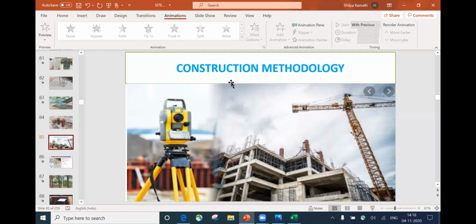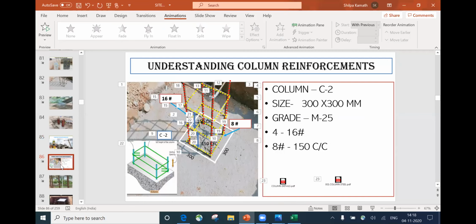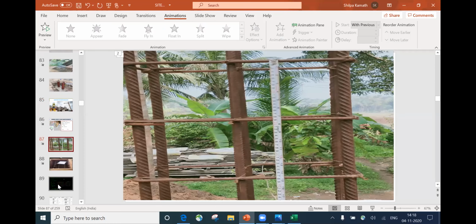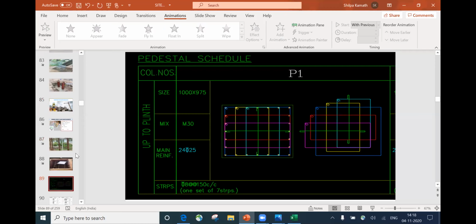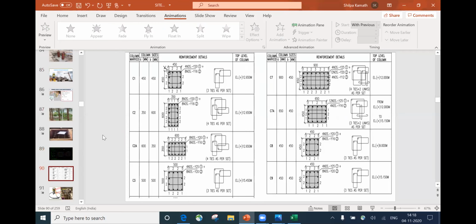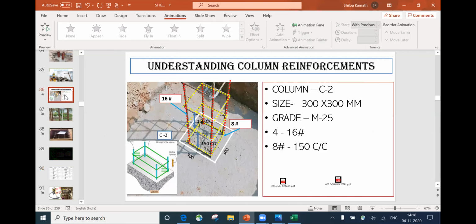So in today's video, we'll try to understand how a column reinforcement looks, how we have to read the column reinforcement. We'll try to see two, three practical drawings, and we'll try to understand how we are going to read the reinforcement drawing. Then we'll see the different ways of giving the column dimensions and reading the column reinforcement, and then finally we'll see another example or another drawing, and understand how we have to read these drawings, and also how the columns are designed practically. So we'll quickly start with this.